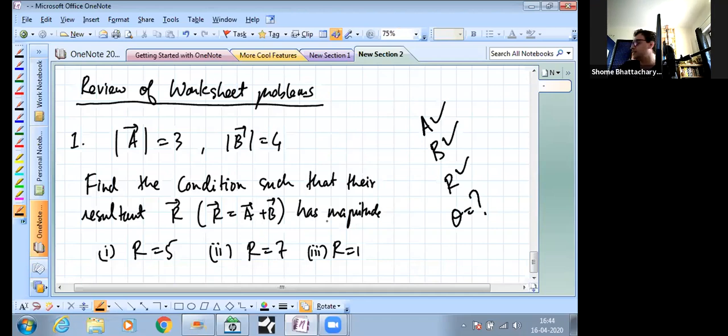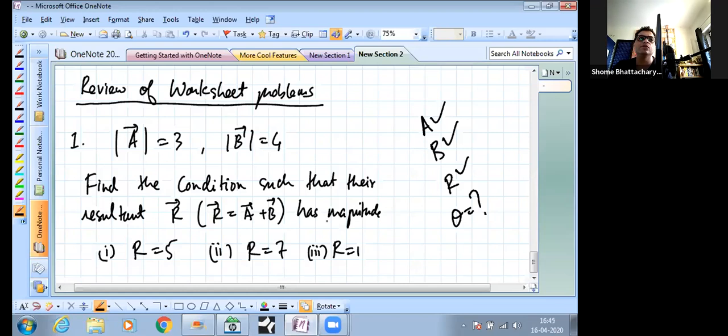So what we'll see next is you have both a geometrical way of solving this as well as an algebraic way of solving it. For example, if you think just geometrically, कि ऐसा कौन सा triangle है जिसमें two sides are 3 and 4 and the third side is 5, you'll realize that they are a Pythagorean triplet, right? 3, 4 and 5 are a Pythagorean triplet. So that means if the angle between A and B is 90 degrees, then the resultant of A and B should be 5. So the answer to the first part just comes by that simple information that 3, 4, 5 are the sides of a right angle triangle.